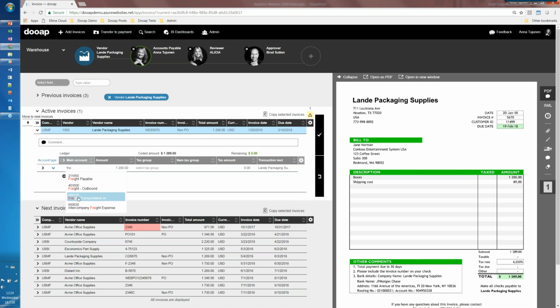I'll make a search, I'll pick the main account I want to use. And what happens now is that we connected to Dynamics and we read the account structure from Dynamics Live. What I got was the account structure that I should use with this account. And I already got one dimension pre-filled, which was defaulted from the vendor. I can continue by selecting the dimensions. It will filter the list based on the dimensions that I can pick based on the account structure.